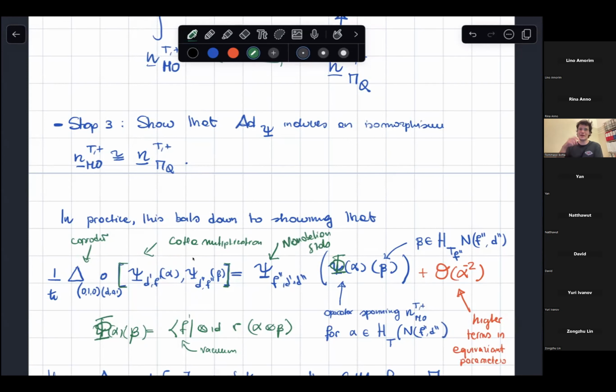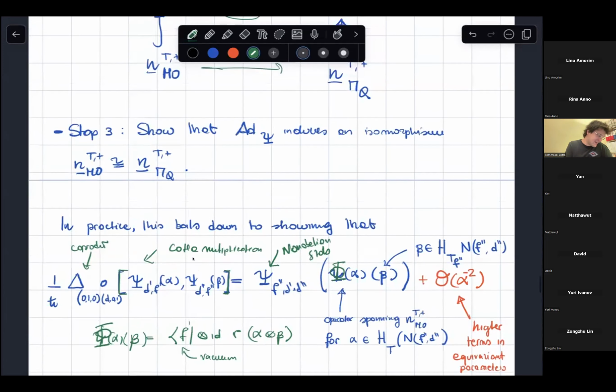So if you pass from a chamber to the opposite chamber, somehow you recover the inverse of the stable envelope by reading the correspondence defining the stable envelope backwards. So this is kind of the technical reason why this statement holds. Of course, it is a bit tricky to prove. It's not this simple, but that's